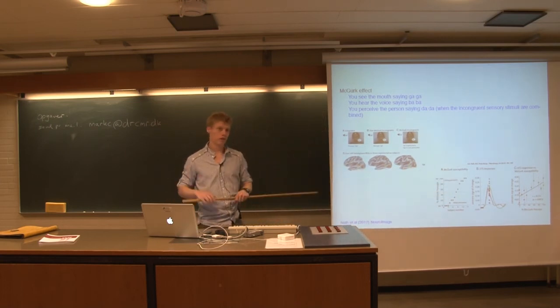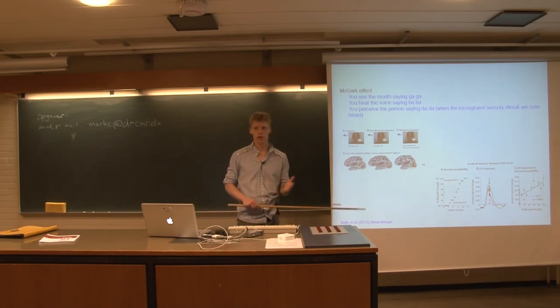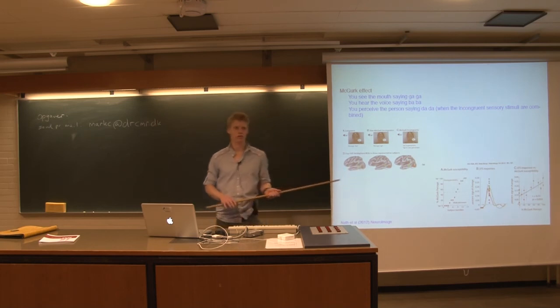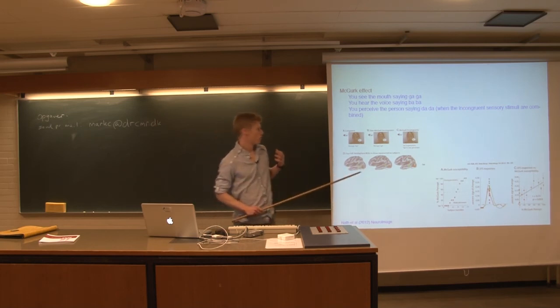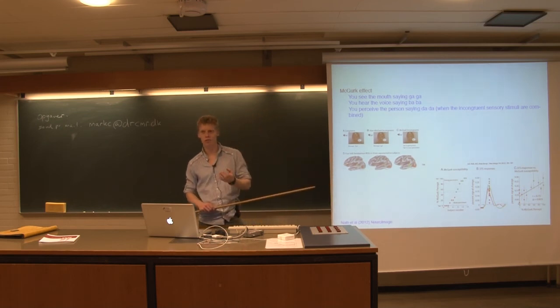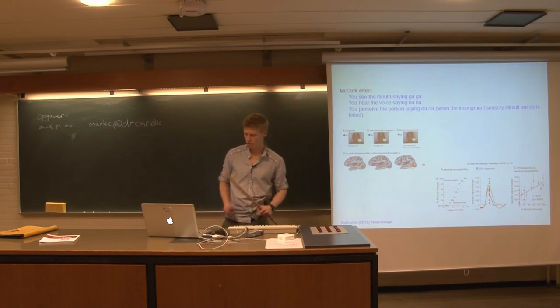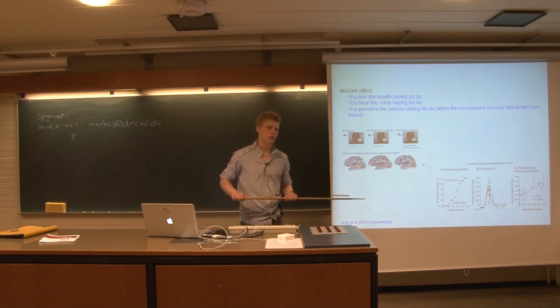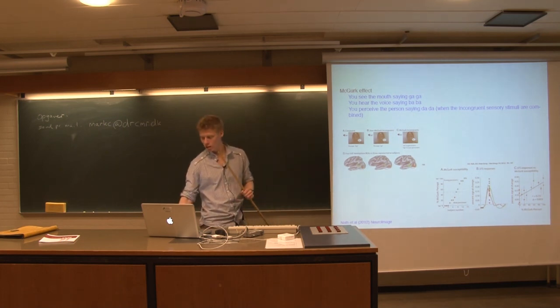Some have also claimed that if you're used to watching dubbed television, then this illusion will be weaker, because you're really used to disregarding the mouth movements and only listening to the sounds. So it probably works quite well in Danes, but probably not in Germans or other people who watch a lot of dubbed television. So